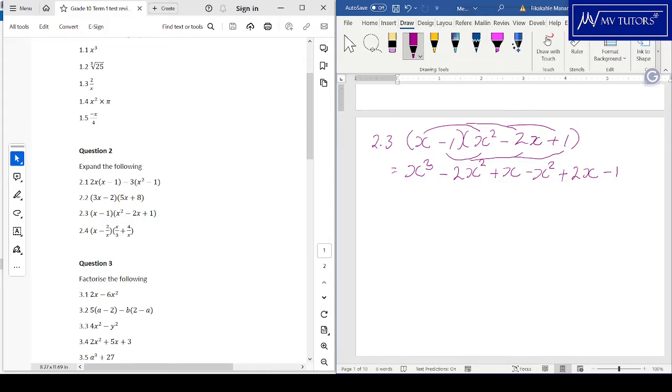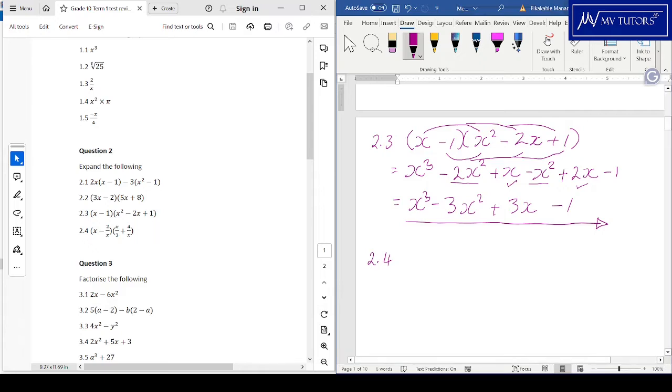There we go. Now we combine like terms. x cubed stays. And then minus 2x squared minus x squared gives me minus 3x squared, as you know. And then I've got x plus 2x, which is plus 3x, and then I've got that minus 1. Okay, I think we're done now. That's it. Let's move on swiftly to